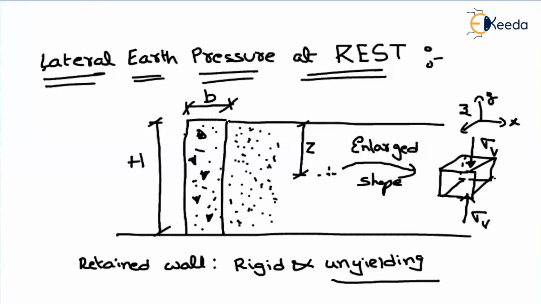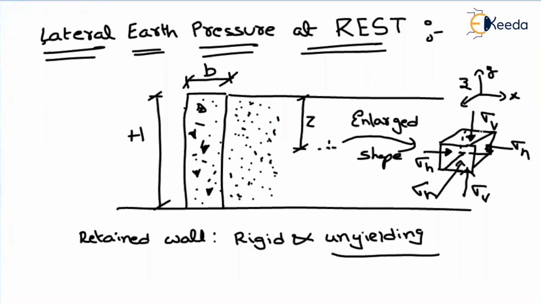Similarly, the stress generated along the x direction, let's say we call it horizontal, is represented by the magnitude sigma h. If it is acting on the right side, from the resistance it will act on the left side from the other side. Similarly, along the z direction also stresses will develop, which is also called sigma h. Now these are the stresses acting on that point. If you observe, we are not representing any shear forces acting on that point. Everything will be balanced.